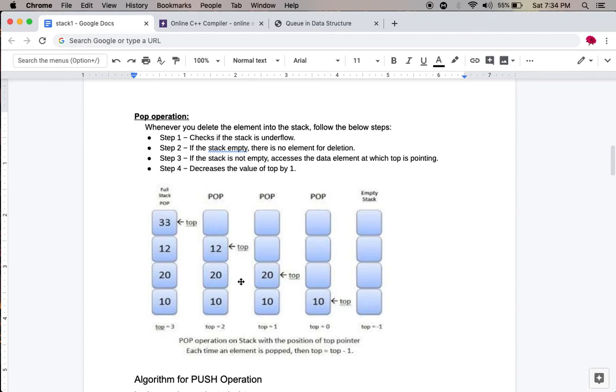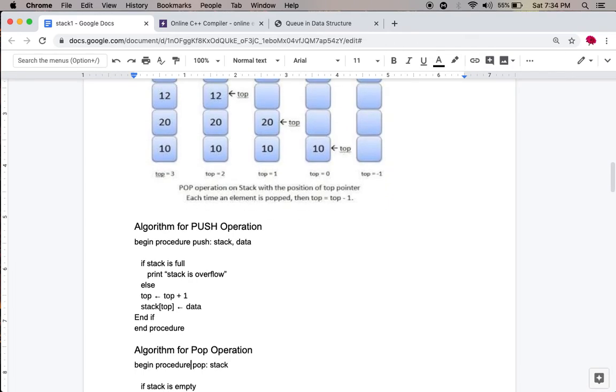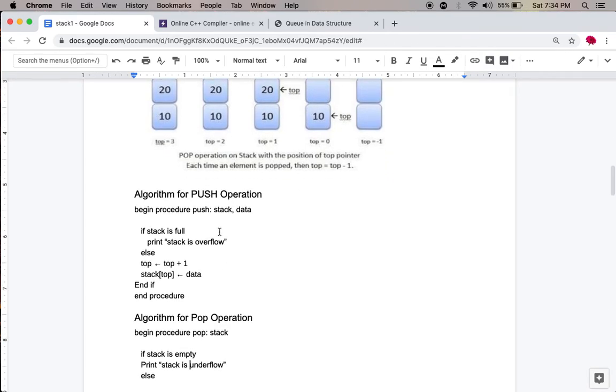Okay, now see the algorithms. Algorithm for push operation, we already know. Here we are writing a procedure to perform the push operation. We are taking a stack to store the element. Here the element is called data. Before performing the push operation, first we have to check whether the stack is full or not.